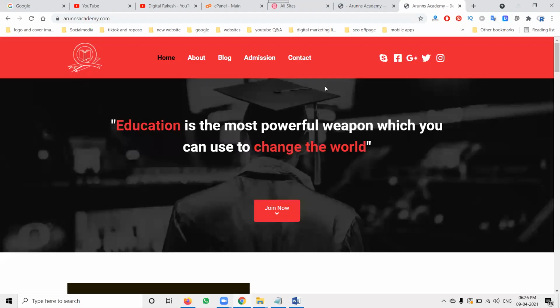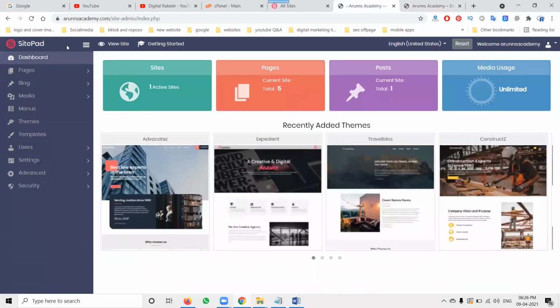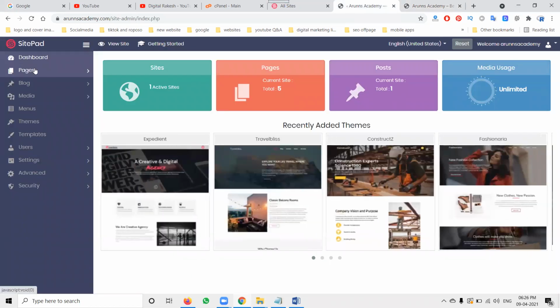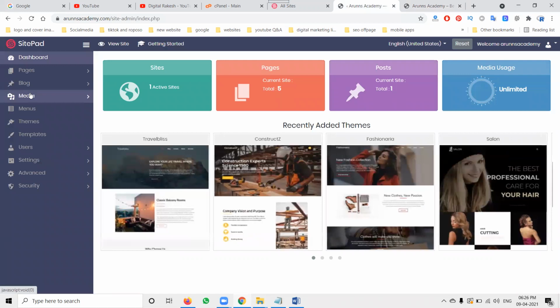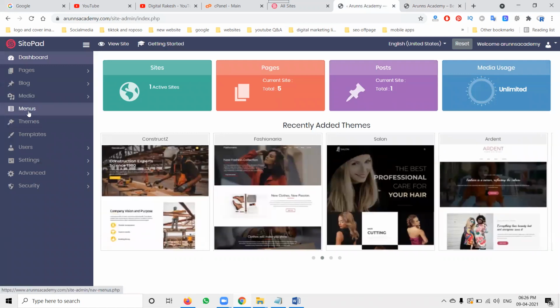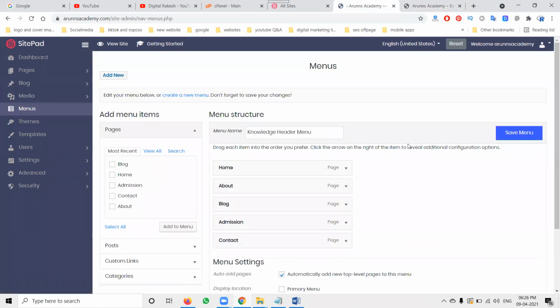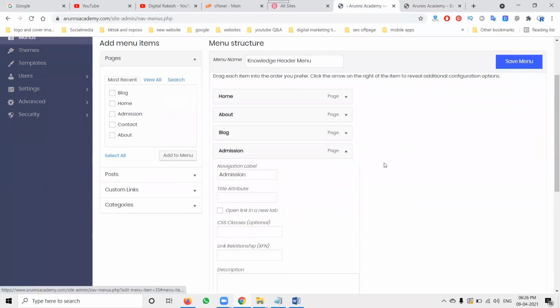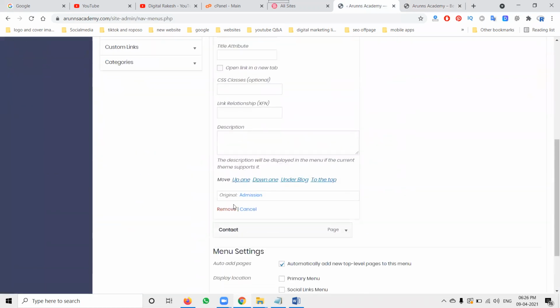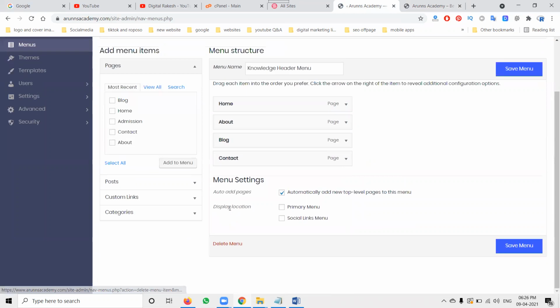So guys, the same as WordPress, the changes will be here. Now pages, blog, and media, everything. Here is the menus option. Menu is not required, simple. We have to show the option called remove the menu option. Here the option will be clear and category will be clear here.